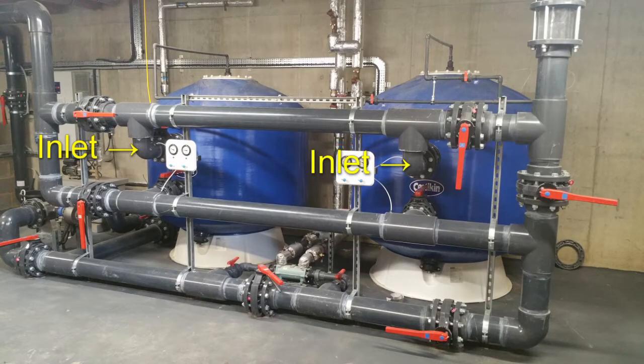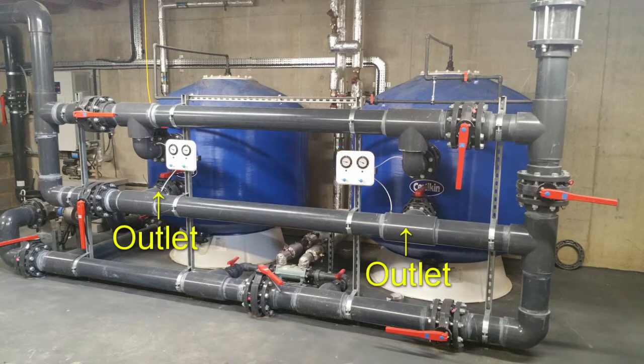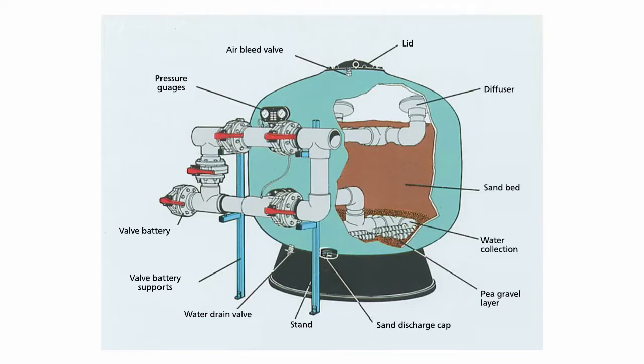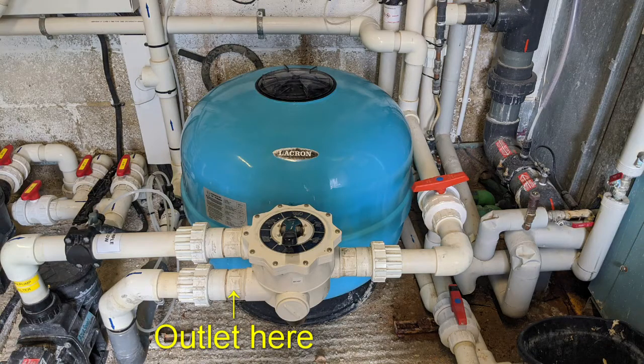So obviously the water's being pushed into the top of the filters and is being pushed down through the filtration media. It's coming out of the bottom of the filtration system. And obviously if you've got 3 filters or 2 filters, however many filters you've got, you're going to have outlet pipework coming from each of those filters. The pipework might actually be coming out of the front though, because the collection system is at the bottom, internal to the filtration system. If it's a system with a multiport valve, you can do the same sort of thing,